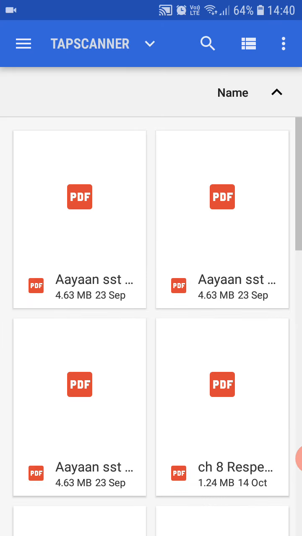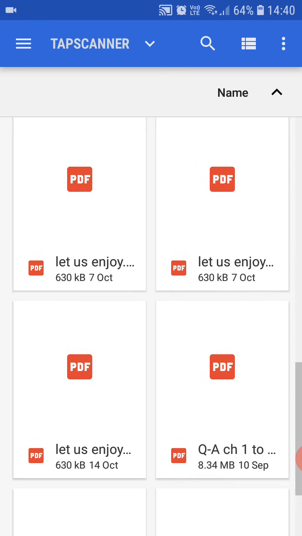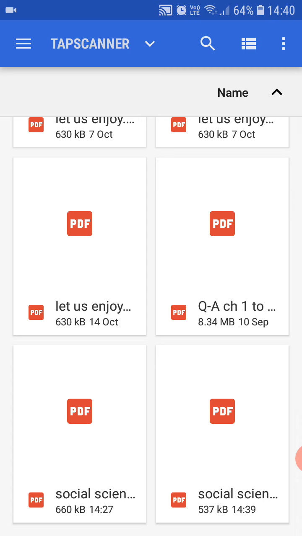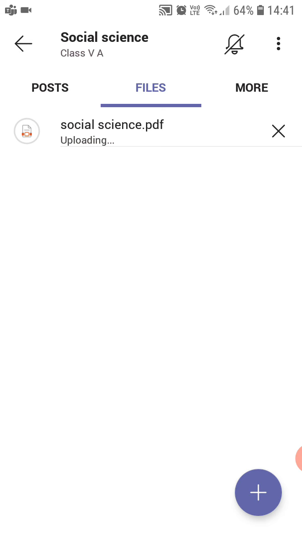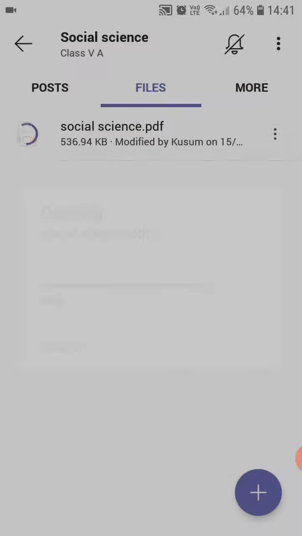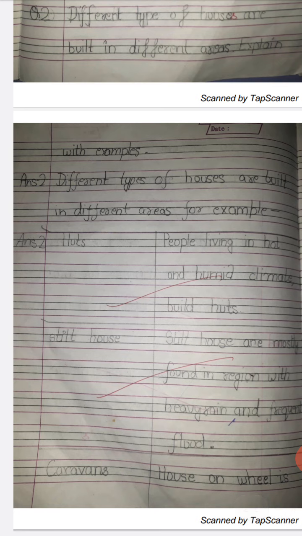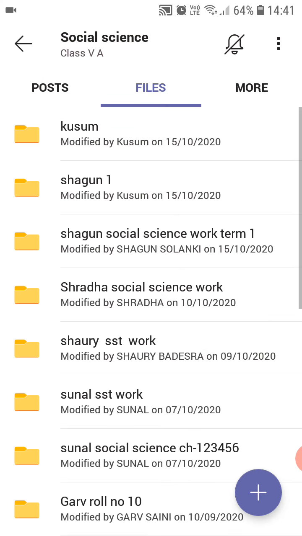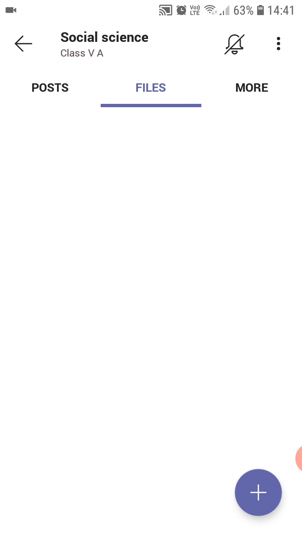So I'm uploading this and it will show my recent files. So there is social science. I have named it social science. So it has two social science files because now I have recently saved. So 14:39, that means I have recently saved this file. So this is my homework. When I click on my upload option, it will directly upload my homework. Suppose this is my homework. Okay, so it is the easiest way to upload your homework. You just have to create a simple folder, and you have to upload this PDF form.